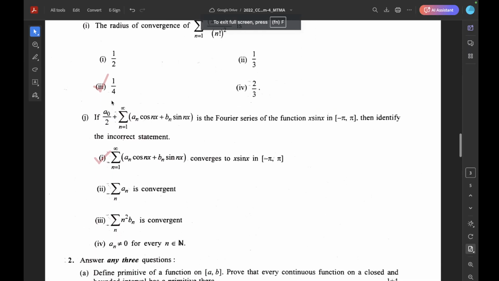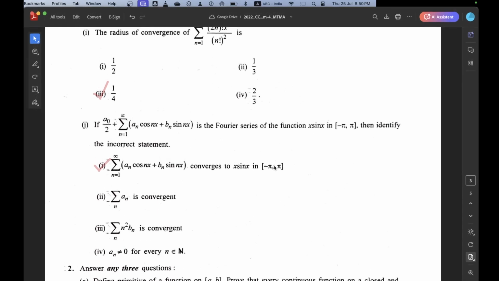Question J. If a0 by 2 plus summation n equal to 1 to infinity, bracket an cos nx plus bn sin nx, is a Fourier series of the function x sin x in the closed interval minus pi to pi, then identify the incorrect statement. Actually, the incorrect statement is 1. This series converges to x sin x in the closed interval minus pi to pi. We cannot say this because